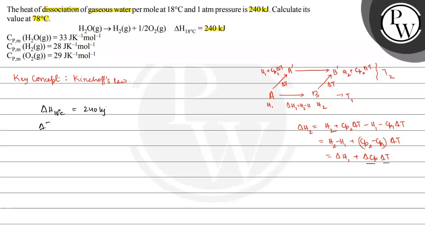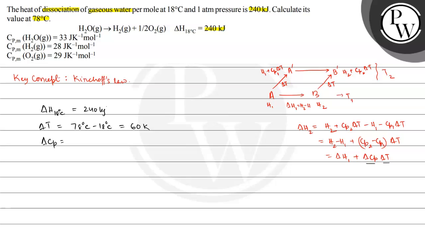So delta T will be 78 degrees Celsius minus 18 degrees Celsius. यहाँ पर हम इसको केल्विन में कन्वर्ट नहीं करेंगे, because केल्विन में कन्वर्ट करने के लिए हमें 273 ऐड करना पड़ेगा, जो कि दोनों में ही कैंसिल हो जाएगा. So this is equal to 60 degrees Celsius and 60 Kelvin. So we can write 60 Kelvin over here directly without writing 60 degrees Celsius. So this is 60 Kelvin, and